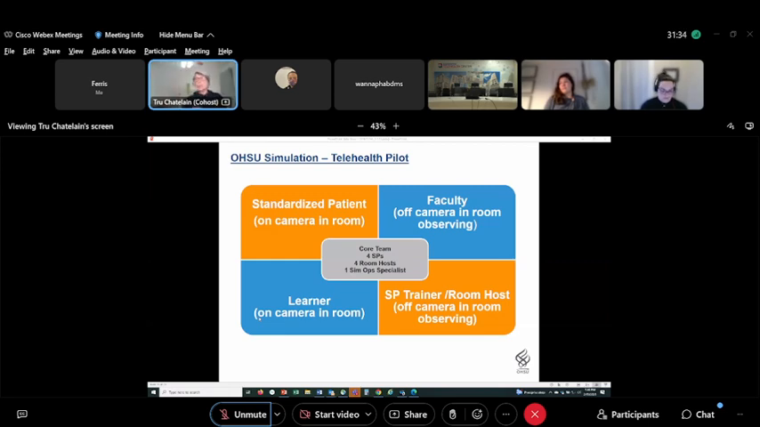4 rooms. So in each room, we had an SP, that was the patient. We also had the need for an additional person, and that's called a room host. In virtual operations, the patient really needs to stay in the patient's personality and their affect. We needed someone that could help learners as well as the SP navigate any technological issues